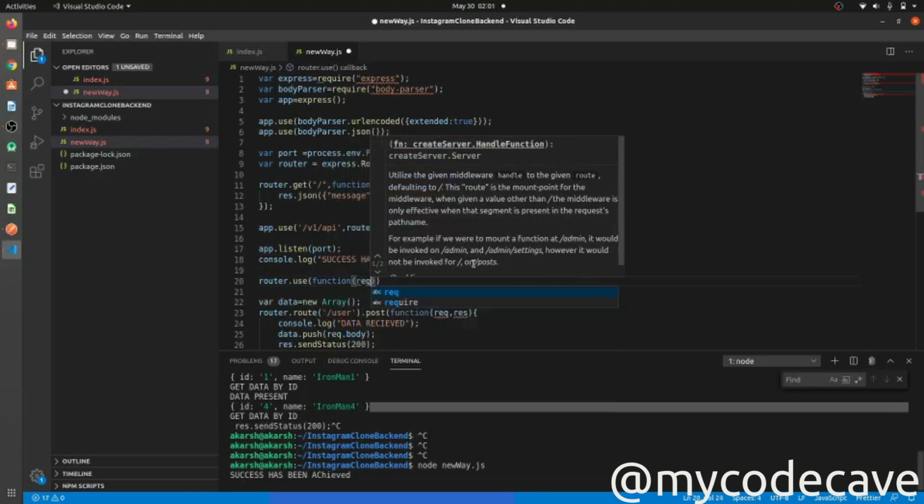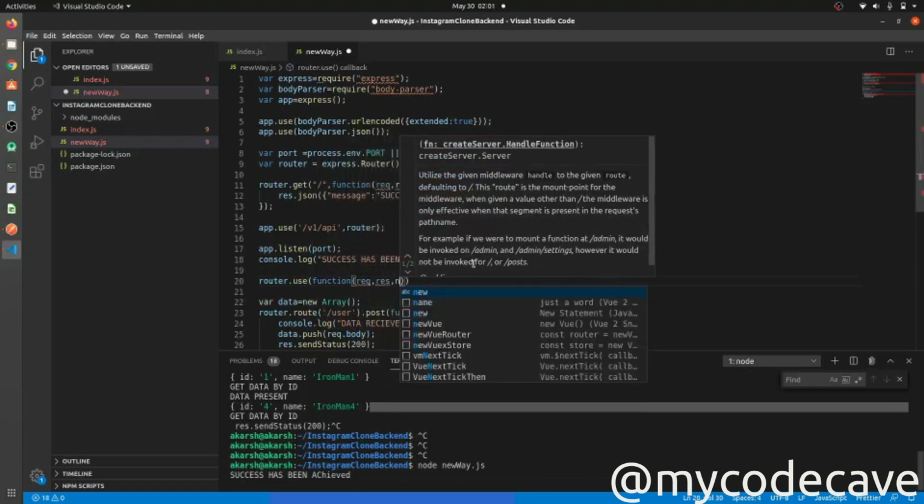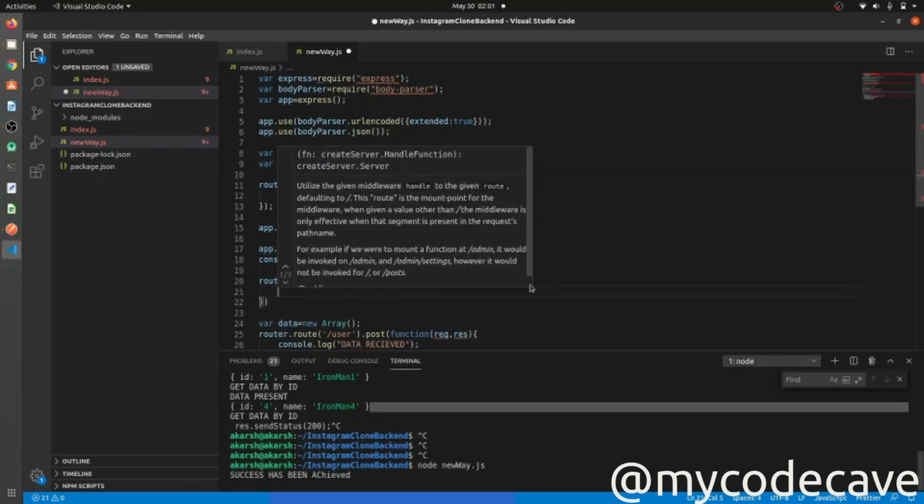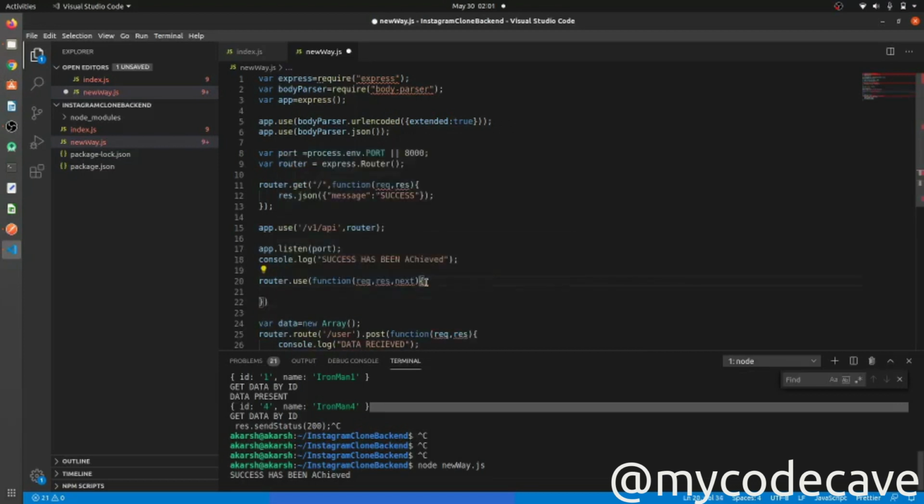It will have a request, a response, and a next part also. Inside that you can do whatever you want, you can add security. I'm just adding a to-do list, I'm not going to add anything here.